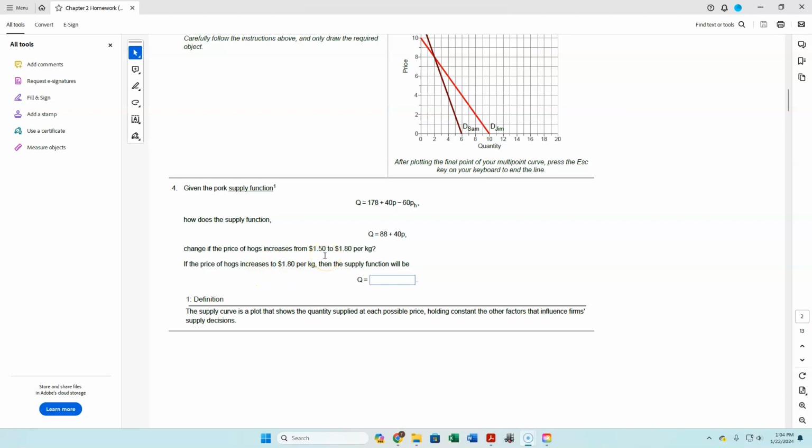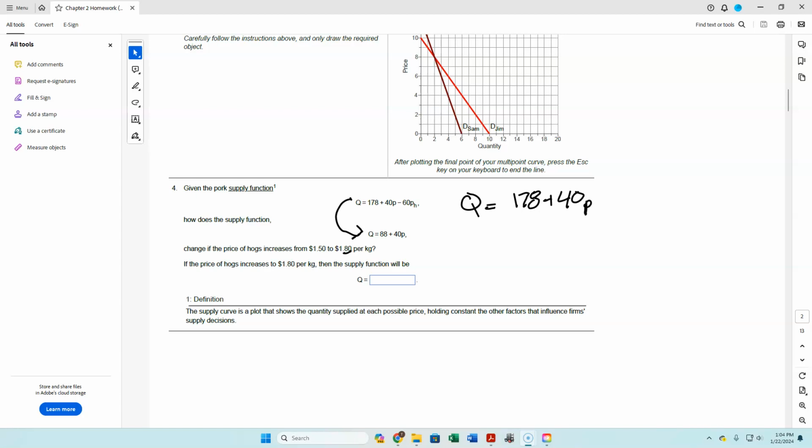So the question here is, how did they get from this to this? Well, the way they did that was by substituting $1.80 per kilogram for hogs into the supply function, such that they had Q equals 178